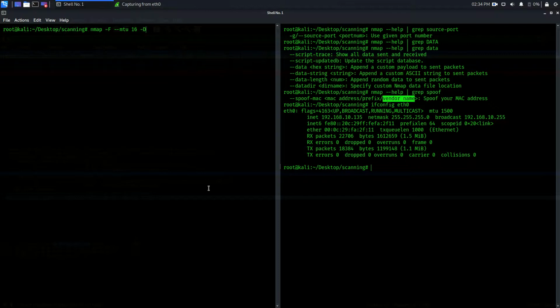Then I want to also spoof my IP address with random decoys, value 2, or make it 3.